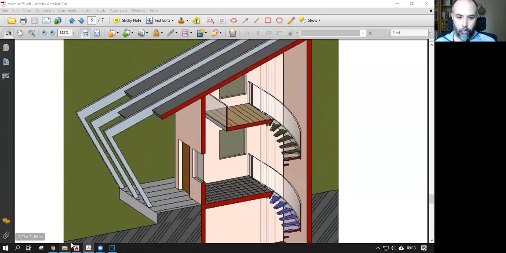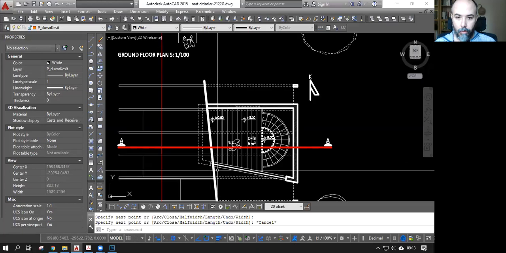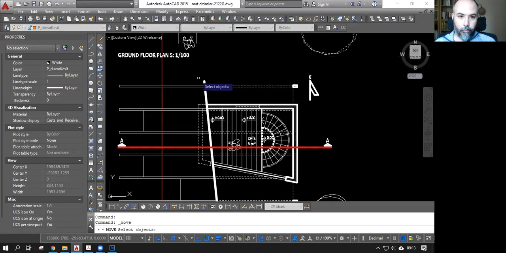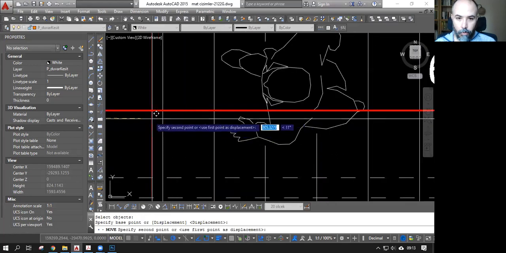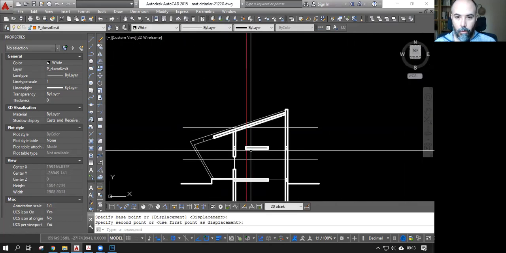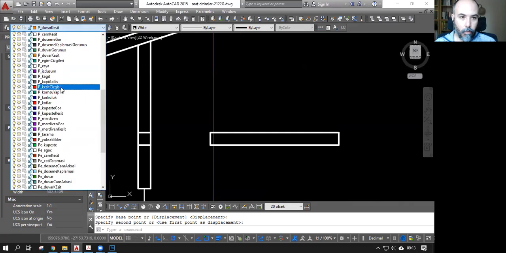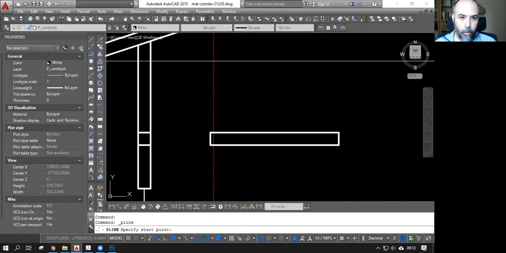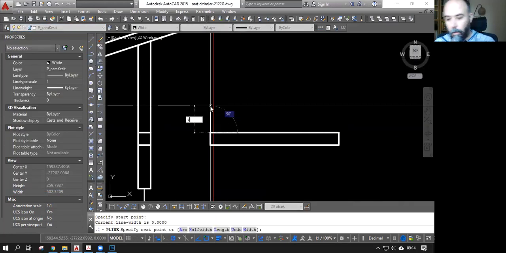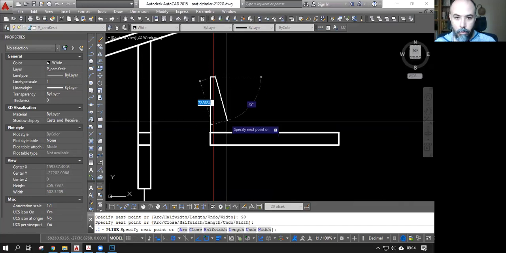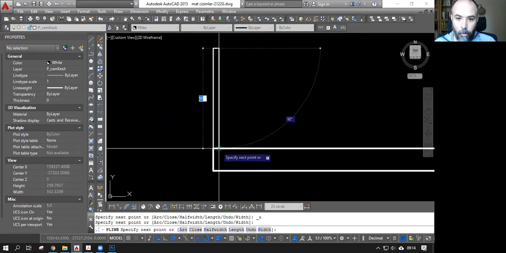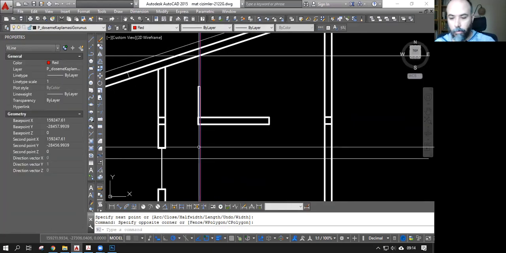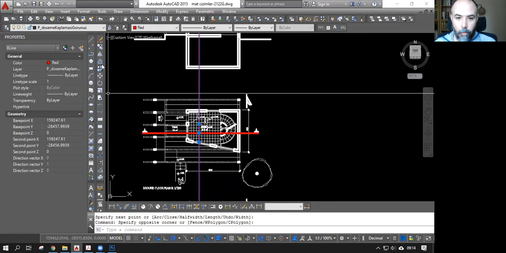Here now I'm going to do the handrail of the first floor. So its position is here. I'm going to do the handrail like this. It has a 9 centimeter height, so it will be positioned like this. Yeah, that's the cut surface of the handrail. And then I'm going to do the